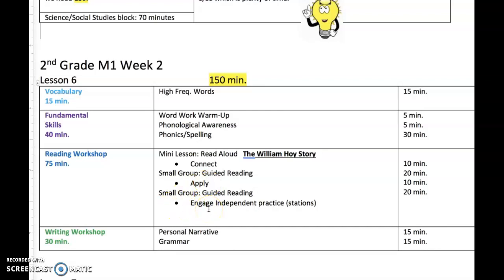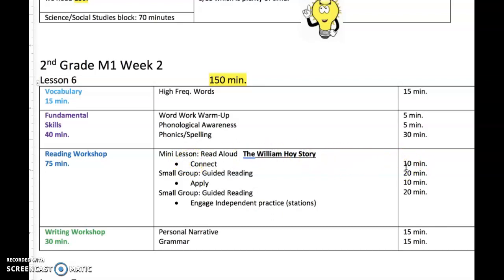Let me talk slower so you can get this. If we take the engage part, this is an I do or independent practice, and this can be put at a station. If we go back up to the mini lesson, the connect part, the first part of the mini lesson, will be